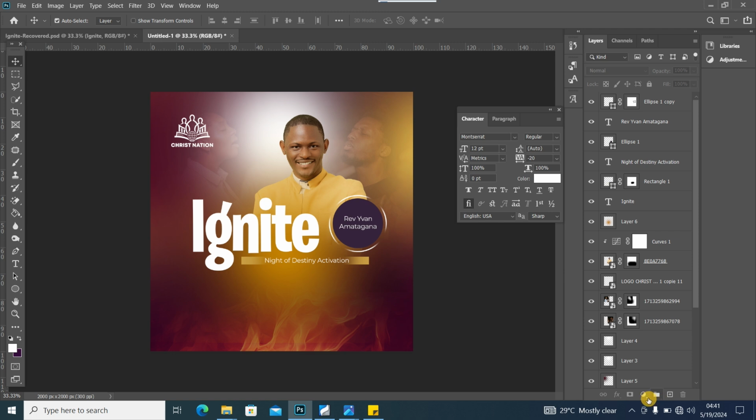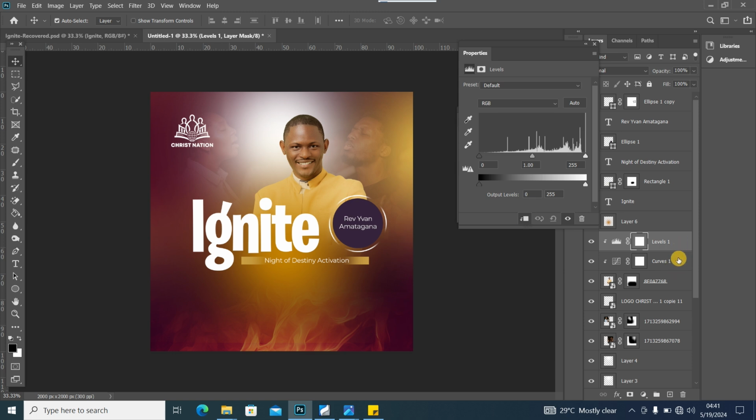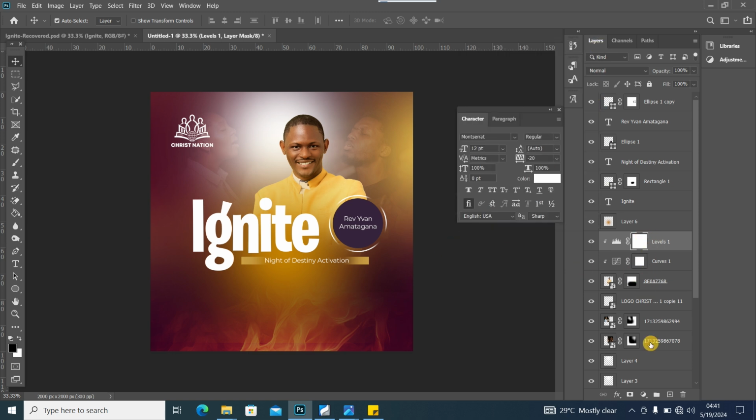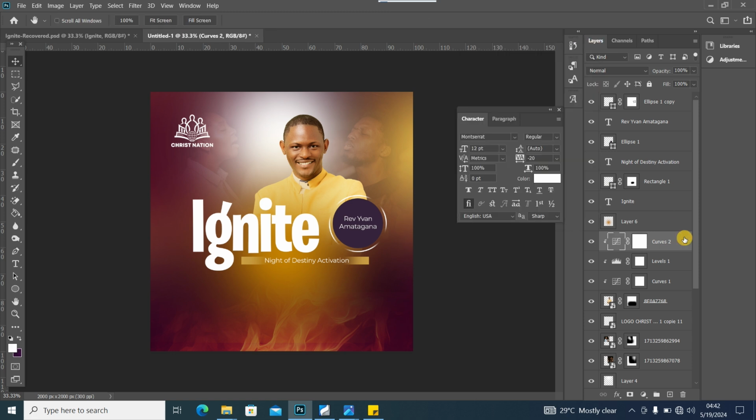And then I'm going to add another layer. I'll add the levels adjustment layer, bring it directly above the curves adjustment layer, and I click on this button to clip it there, and I'll just modify the sliders a little to add a little more detail to the image. I think this is okay, and I may want to add another curves adjustment layer again, and I'll still clip it, and now I'm just going to boost this a little like that,